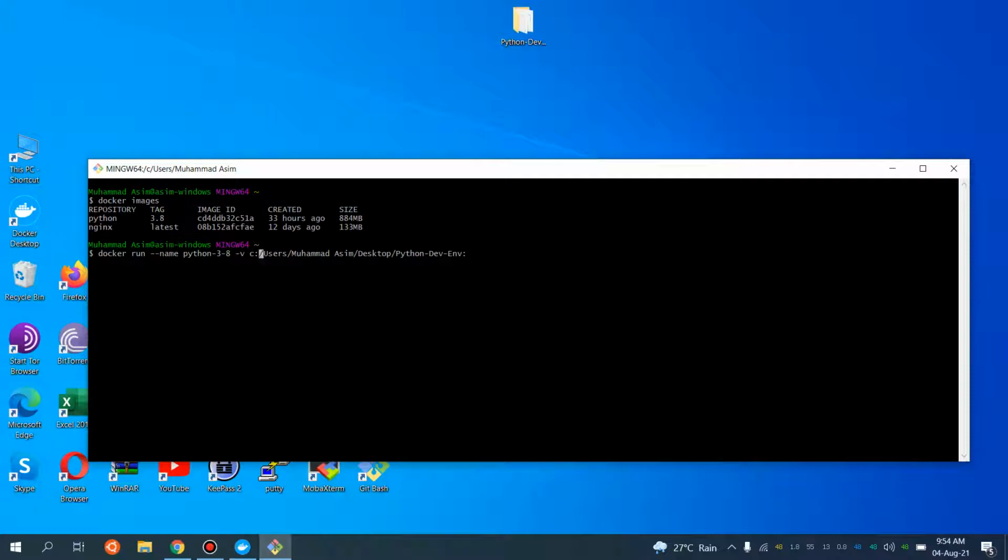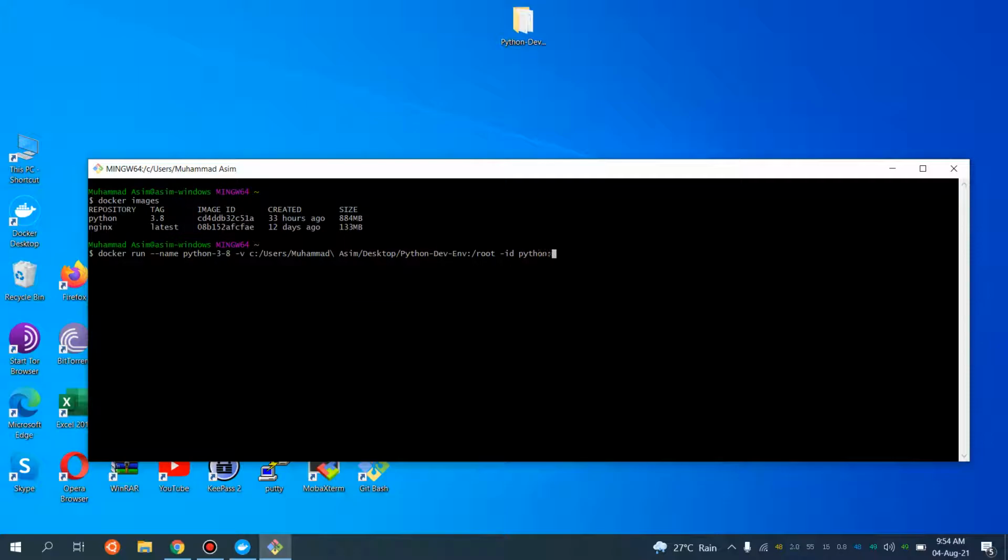Along with that, you can save time along with accuracy, as everything is properly available in those containers. I'm going to mount this at the root of the container, and I'm going to use this image